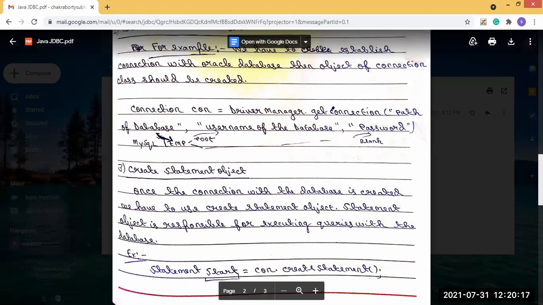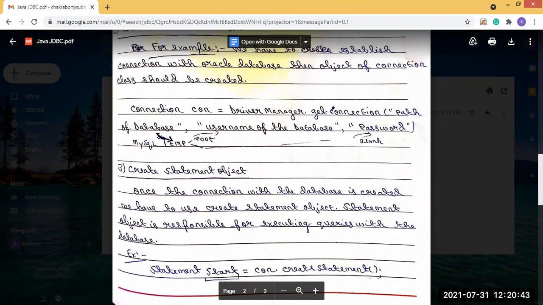The statement object will be responsible for executing queries with the database. The object of the Statement class which we create will be responsible for executing the queries in the database.